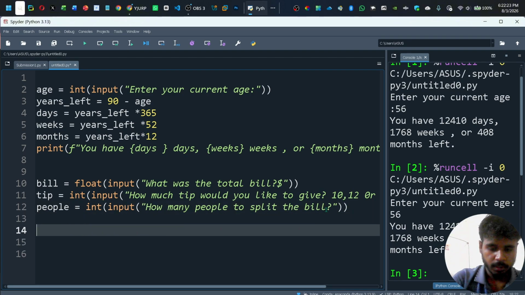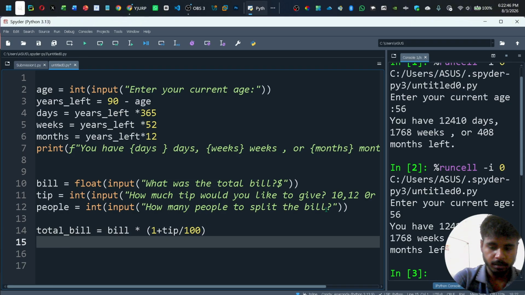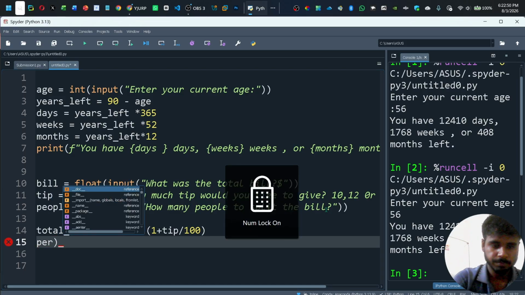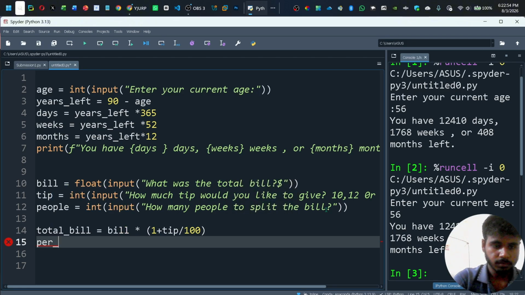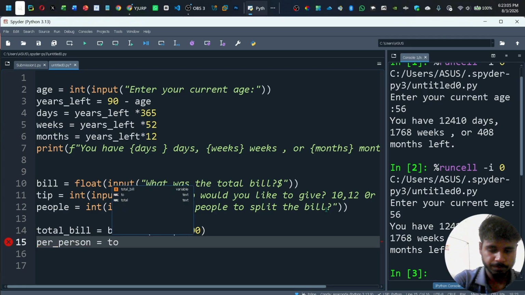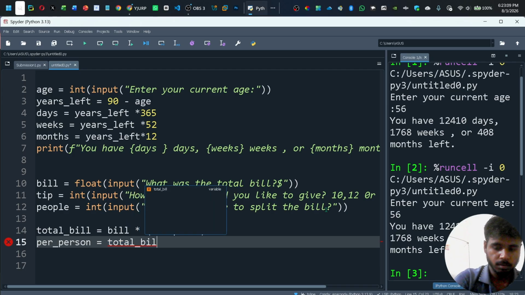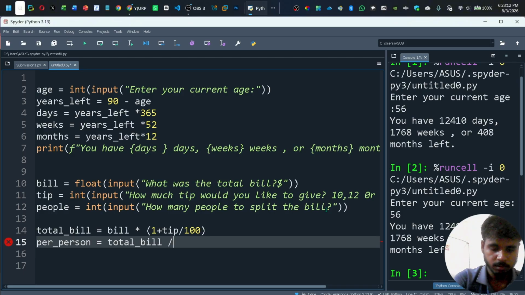And here total_bill equal to bill multiplication 1 plus tip division 100, and per_person equal to total_bill division people. So now print